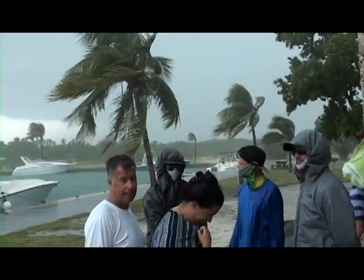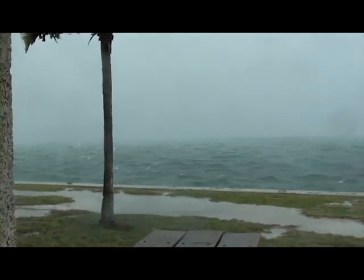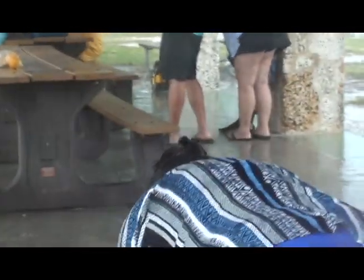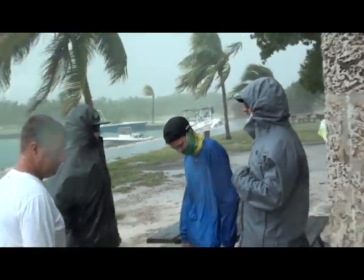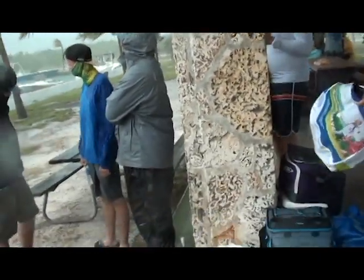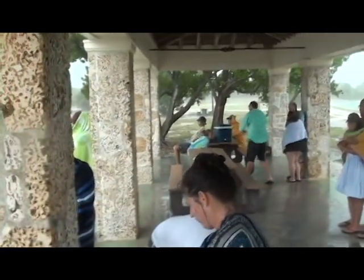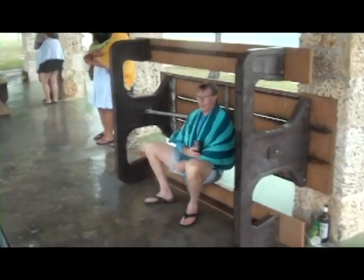And now the rain has arrived. And the wind is blowing the rain pretty much sideways. So people are trying to stay dry by standing behind the columns in the gazebo. I invited anyone who didn't want to get wet to stay on my boat until after the rain ended, but nobody took me up on the offer. I don't know what they thought I would do once I got them in there, but